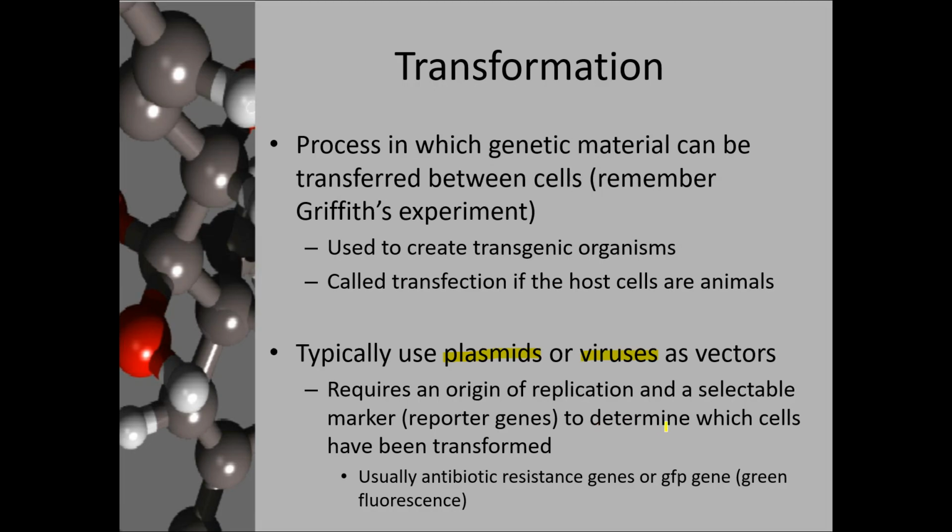This is what Boyer and Cohen did from the video. They first made a recombinant plasmid, and then they got that plasmid into a bacteria, and they created that bacteria that made toad proteins. And then we saw that carried forward by creating bacteria that can make the human protein insulin or human growth factor or other medications that could be beneficial to us. So we usually start with the plasmid. Remember that that plasmid needs to have the origin of replication so that it can be copied. We also need a selectable marker. Remember that we typically use antibiotic resistance. This is going to help us determine which bacteria actually got the gene,